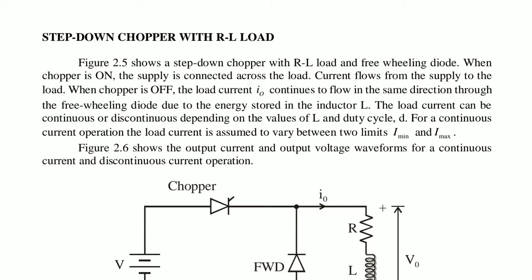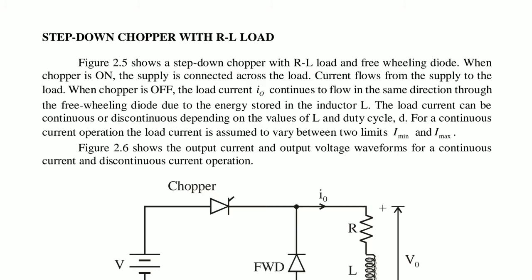Today we will discuss the step down chopper with RL load. Up till now we have seen the basic operation of the chopper, its circuit diagram, its operation and waveforms. We saw the step down chopper with R load yesterday and some voltage control techniques in the chopper, that is frequency control. Those are PWM, pulse width modulation control, or one can say constant frequency control, and the second one is variable frequency control.